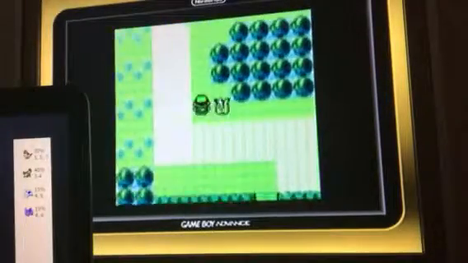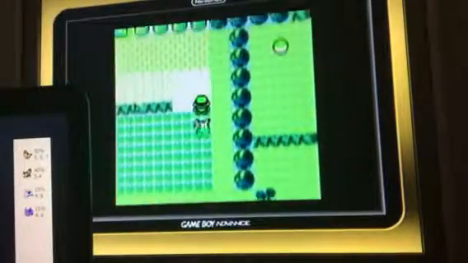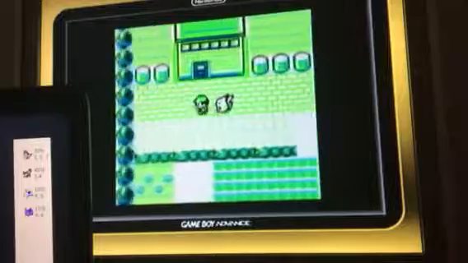So, we're in Route 2 now. We can find Pidgey, Rattata, Nidoran, and Nidoran in here. And if we go through this door,